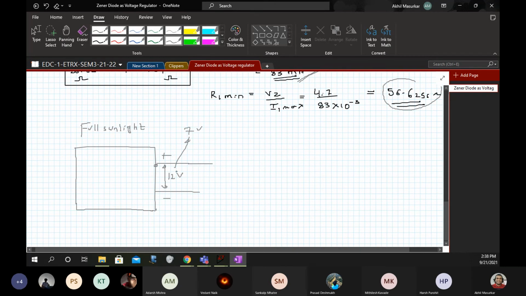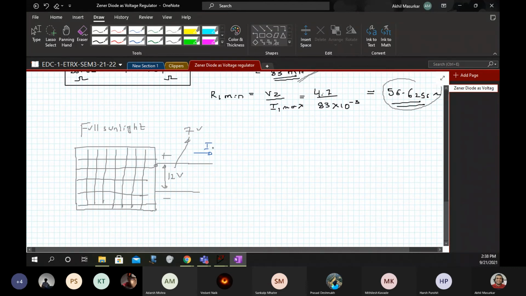Though this output is DC, the solar panel will have lots of photodiodes connected in parallel, because in parallel the currents will add up at the node, and you will get a good photo current.